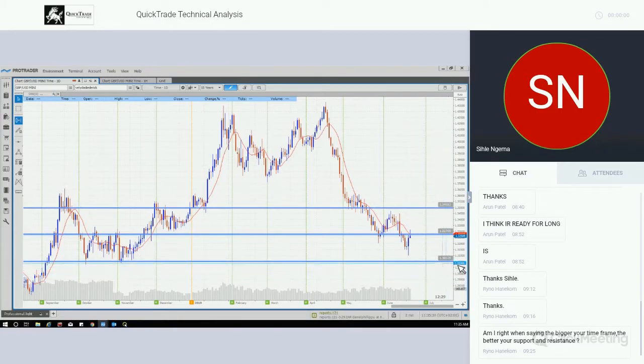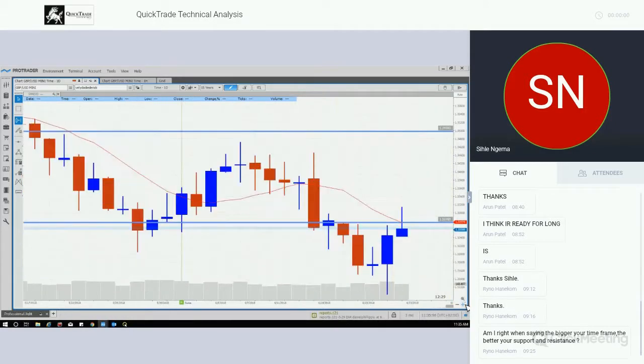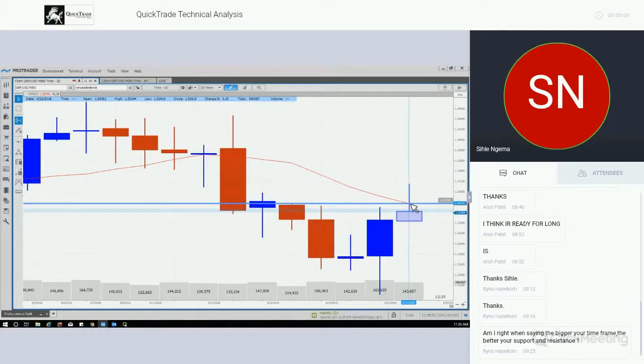So closer to this 1.305 or 1.30500, I think we have some serious support there. And here, where the price is currently trading, we have some resistance, and you can see what happened on Friday. On Friday, we tried to move above the simple moving average there at 1.32769. The sellers came in, they pushed the price down. We closed below the simple moving average. We closed below that resistance line at